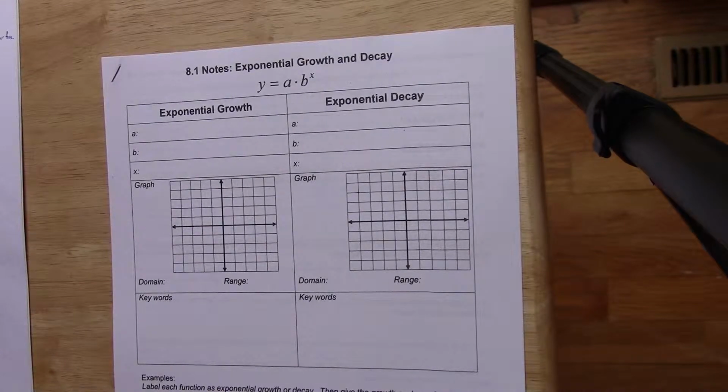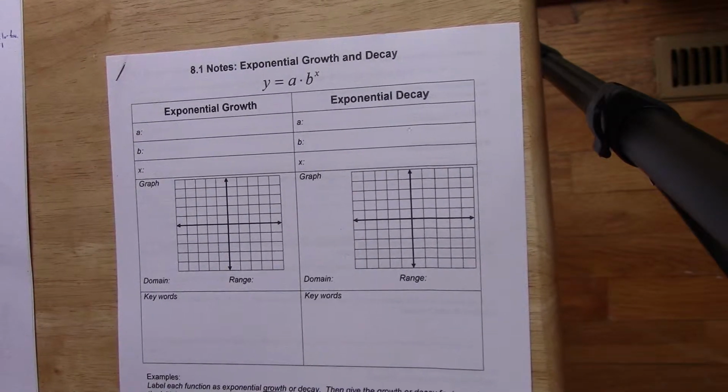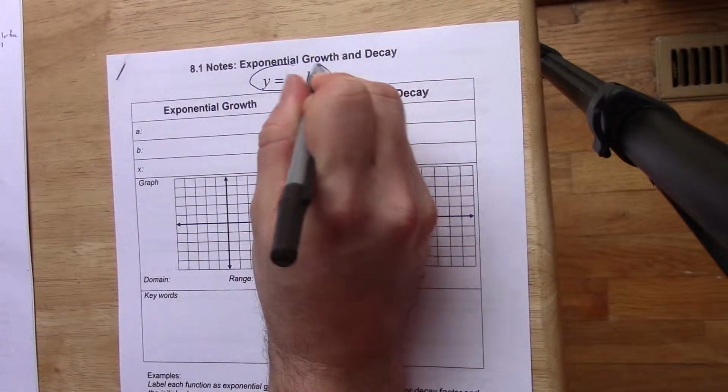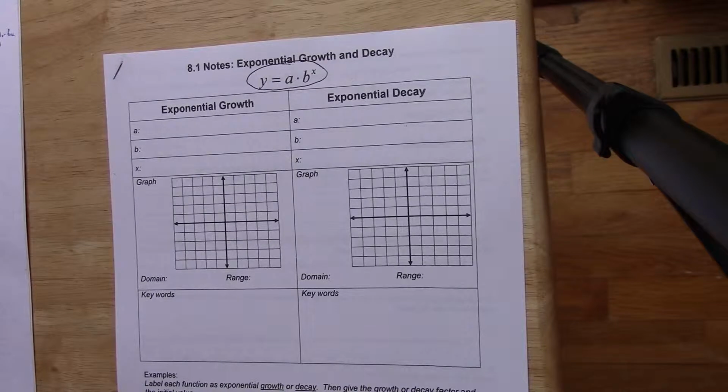So chapter 8 is all about exponential growth and decay, and really about logarithms as well. We'll get to that stuff later. First we're going to talk about exponential growth and exponential decay. All of these come from the formula y equals a times b to the x, and the sooner you can